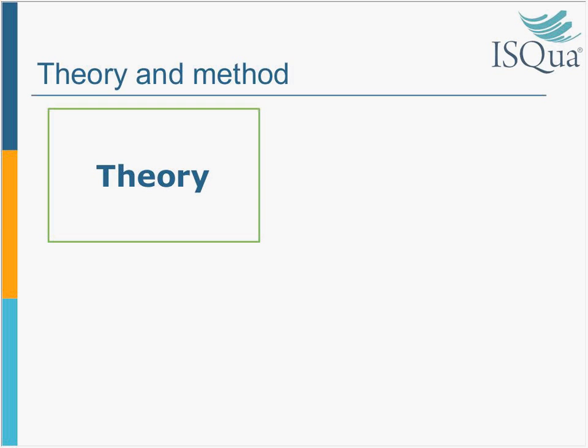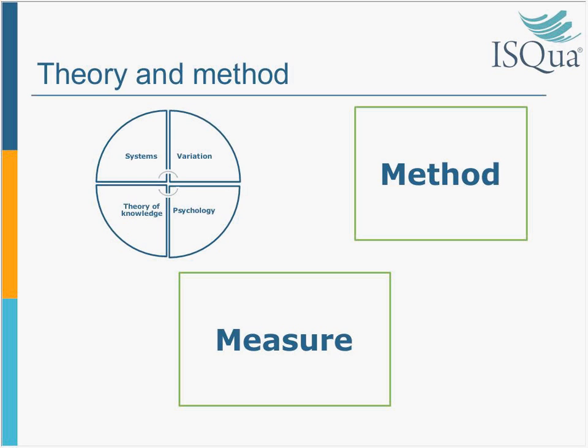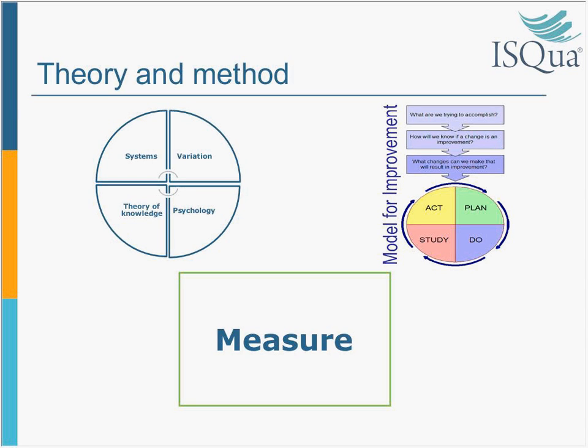We may look at the theories of Deming. It's also something that is not accepted fully, that we need to have a theory of change, a method of change, and measures. I believe that particularly the systems, variation, psychology, theory of knowledge that Deming has is a good foundation for change. Yet, if you ask the majority of senior managers or senior professionals within the health service, do they know anything about this or any of the theories underlying this, they obviously say no.